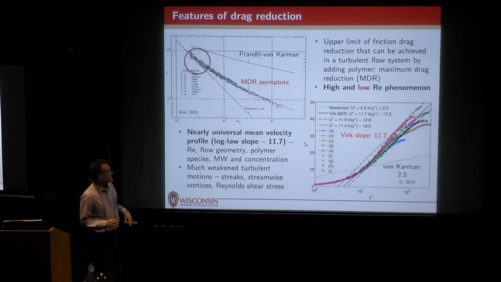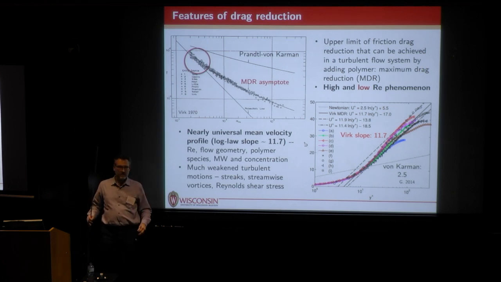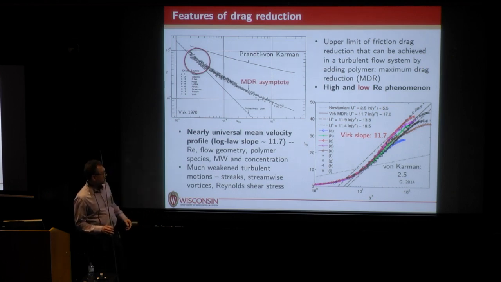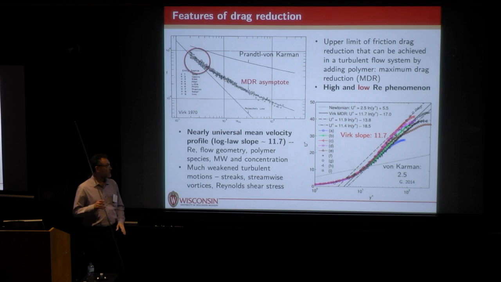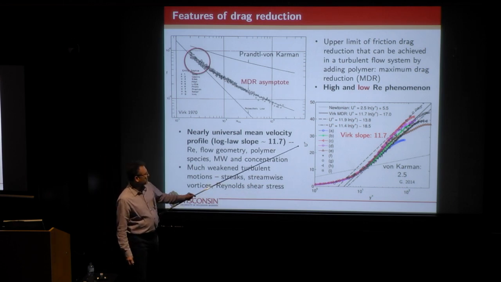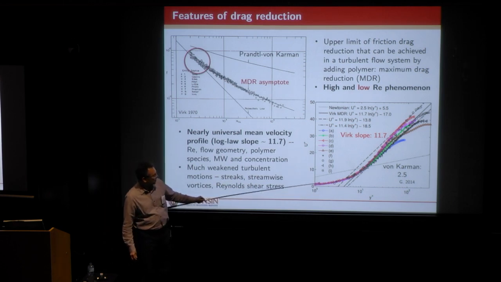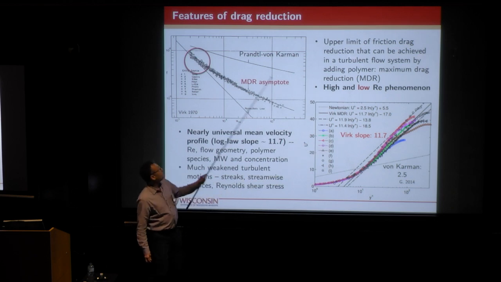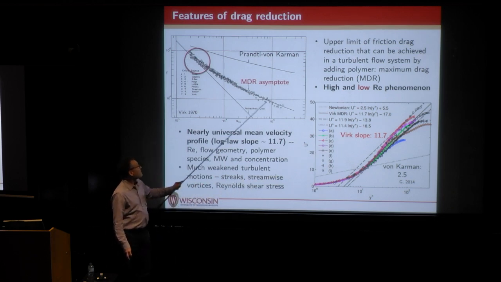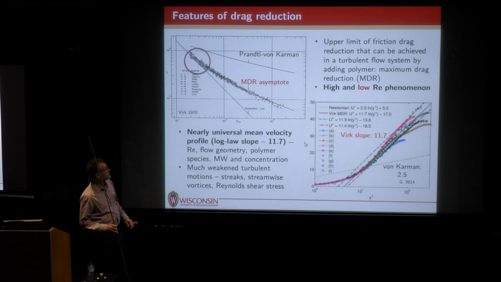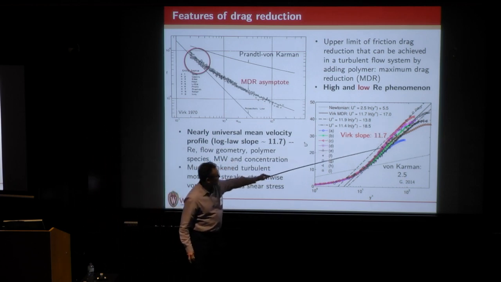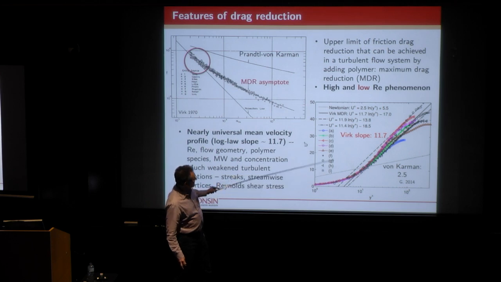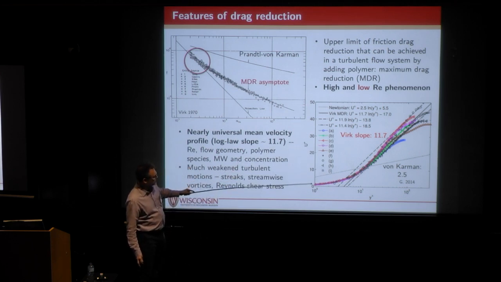This is a meeting on universality in turbulence. So the universal features are this curve of friction factor versus Reynolds number. And then, roughly speaking, the mean velocity profile: if you back out a law of the wall, a logarithmic velocity profile from that, you get this curve here, which Virk did. If you actually plot data, this is data from simulations and experiments.